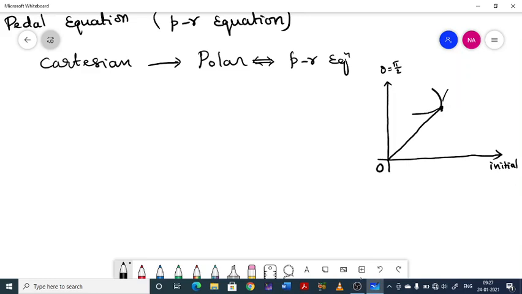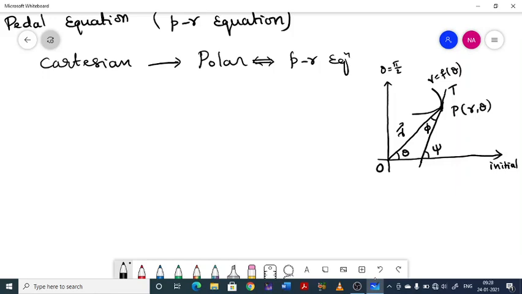Then we draw a tangent to the curve at this point, and this makes an angle theta, and this is the vector r. This is called the radius vector. Theta is called the vectorial angle, and this is the polar curve r equal to f of theta, and this is the point P, which can be represented through the parameters r and theta. This is the tangent line T, and the angle between the radius vector and the tangent is phi, and the sum of these two angles is equal to the exterior angle, that is psi.